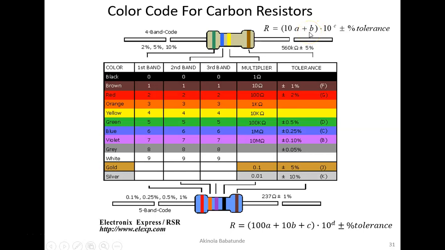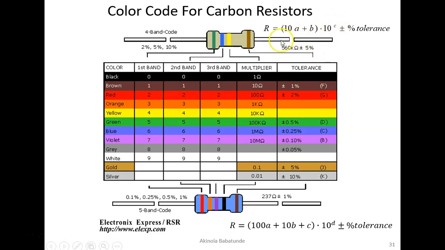All right. And this is 56 multiplied by 10 raised to power C. C is yellow. So if you come to yellow here, you see we have 10 kilo ohms. So this is 10 raised to power 10 kilo ohms. All right. So 56 times 10 raised to power 10 kilo ohms. That would mean that we have 56 times 10, that's 560 kilo ohms at the end of the day, plus